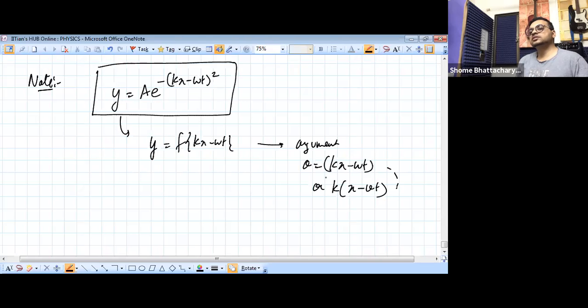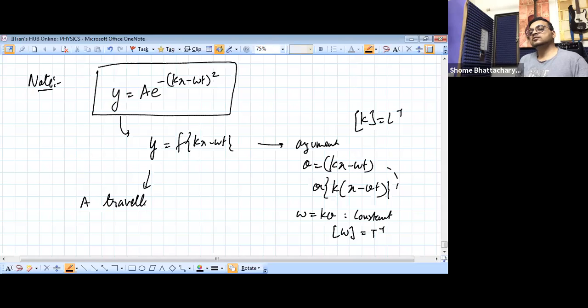Okay, where if you connect these two, you can see that omega is k times a constant, and the dimension of omega is time inverse because k has dimension m inverse. So you can see that this kind of function now represents a traveling one-dimensional disturbance